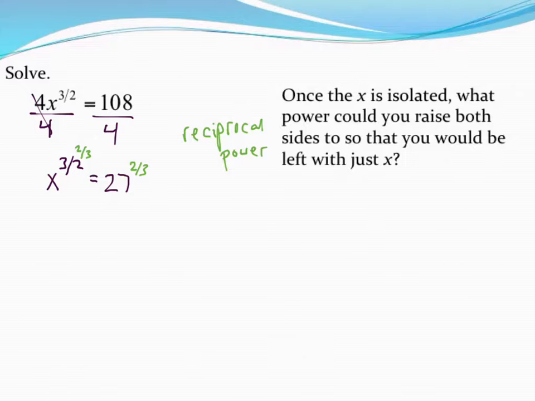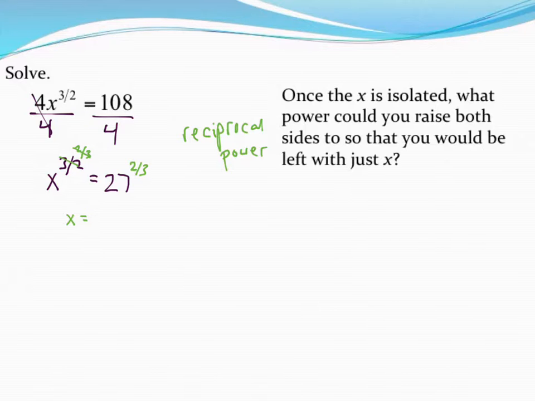As we just mentioned, the rule for raising a power to a power is to multiply. 3/2 times 2/3 cancels out. It becomes just a 1. So I end up with x equals, now be careful, even though we multiplied, we were doing that because we had exponents. 27 is not an exponent, so I'm not doing 27 times 2/3, I'm doing 27 raised to the 2/3. So you can do that on your calculator, or if you recall from the beginning of this unit,